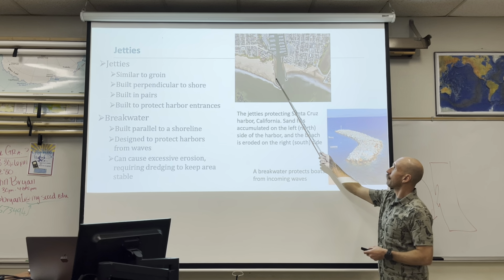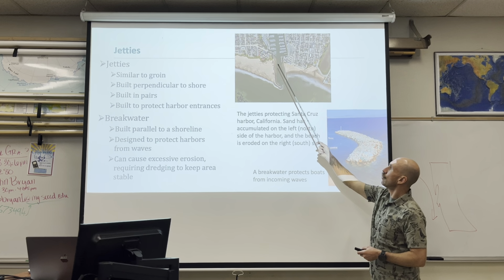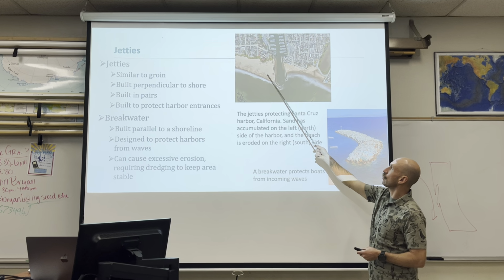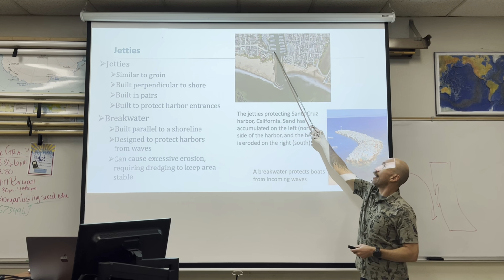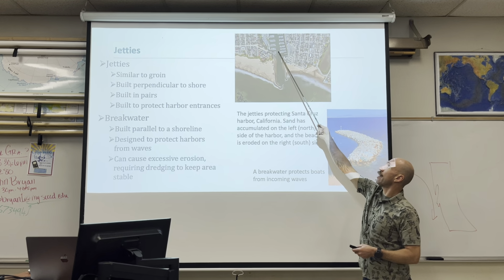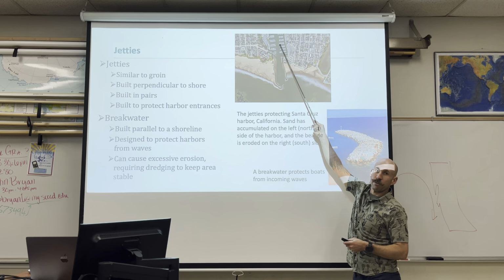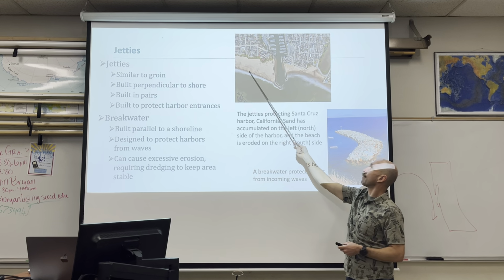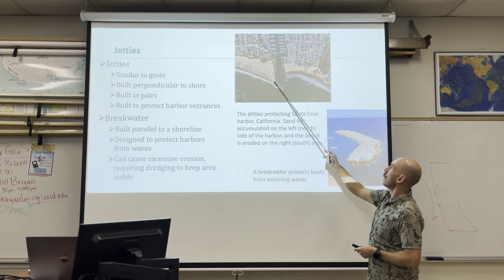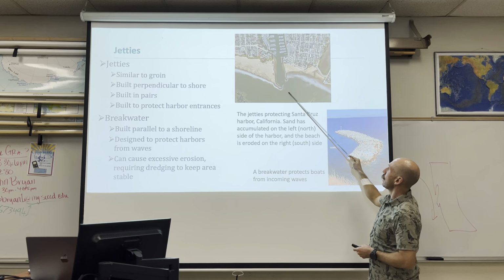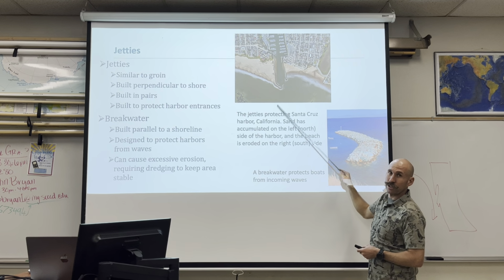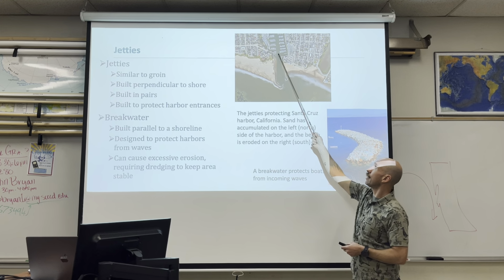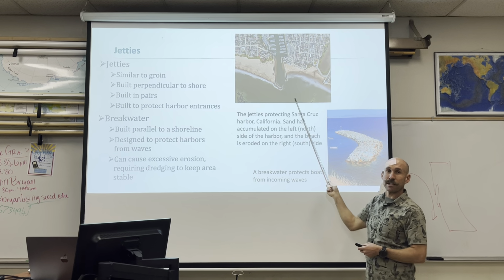A jetty is two groins that are perpendicular to each other that connect the ocean to a harbor. Here you can see the harbor with a bunch of boats. Lots of sand. Longshore drift is from left to right here. Sand builds up. Often you'll get a sand spit that will form that has to be dredged out and removed. Because the value here is to protect the harbor and keep it connected to the ocean,